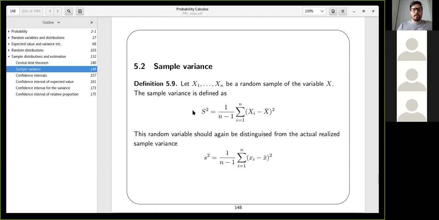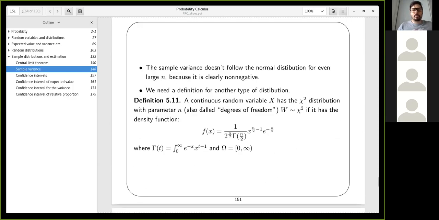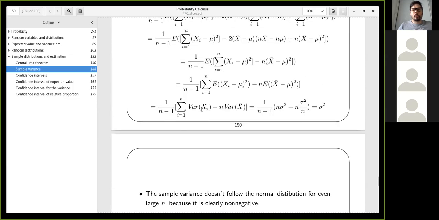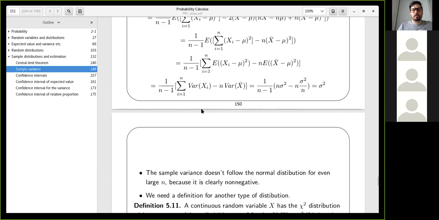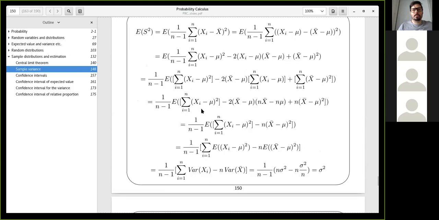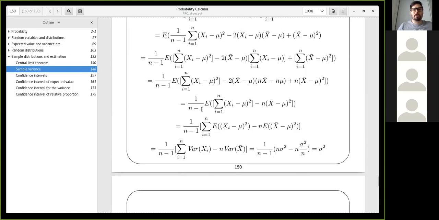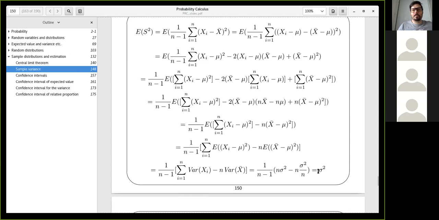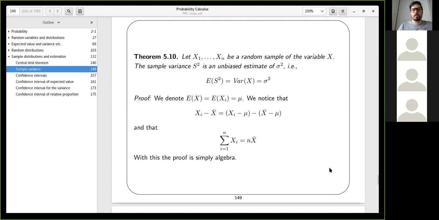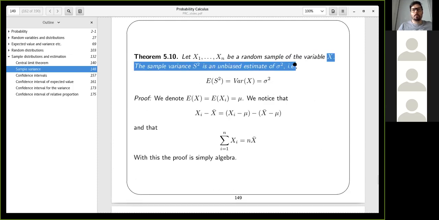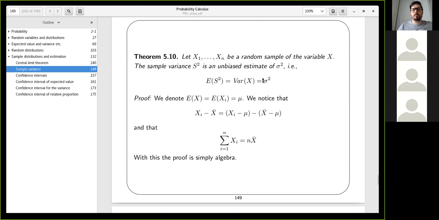We talked about sample variance as well. I think this is where we stopped, and we showed that the expected value of the sample variance is in fact the same as the variance of the variable. This was under the assumption that we have any kind of random variable, and if it has an actual variance, which is sigma squared,